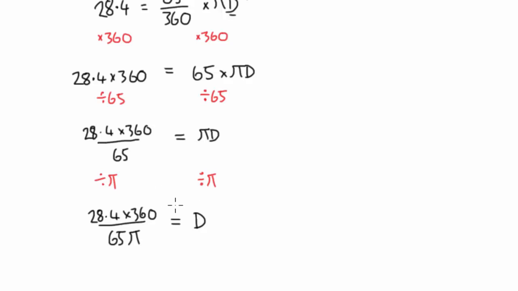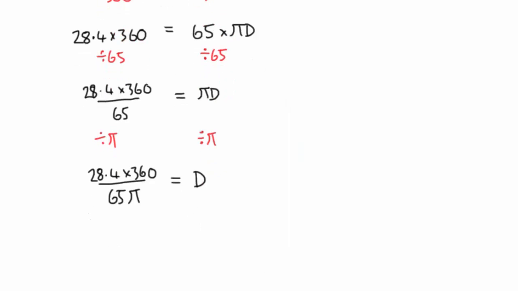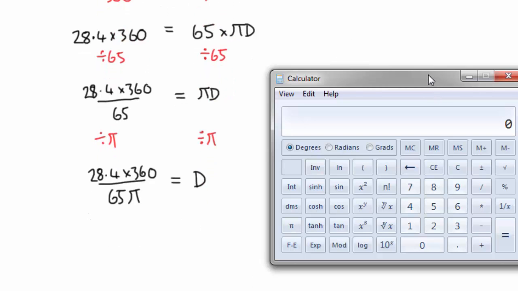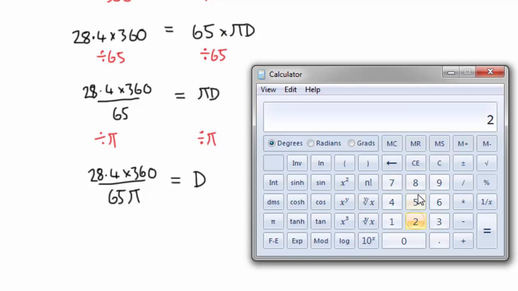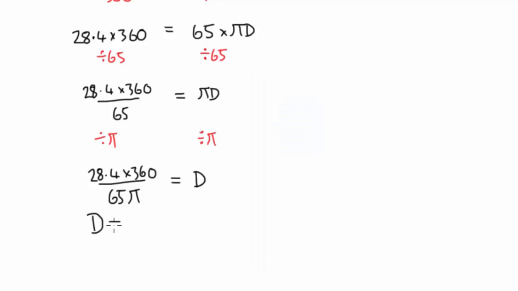Okay, now this is paper 2, so it's a calculator paper, so you would have to grab your calculator and type this in. So if we go 28.4 and then times 360, we'll see what number that equals. Then I'm going to divide that number by 65 pi. So I'll just go divide, open the brackets and say 65 times pi, close the brackets and then press equal. So what we've now got is the diameter equals